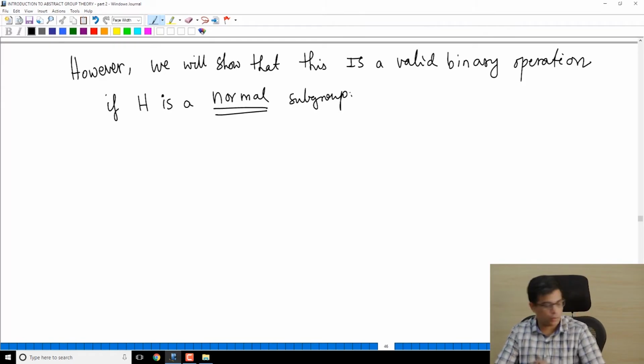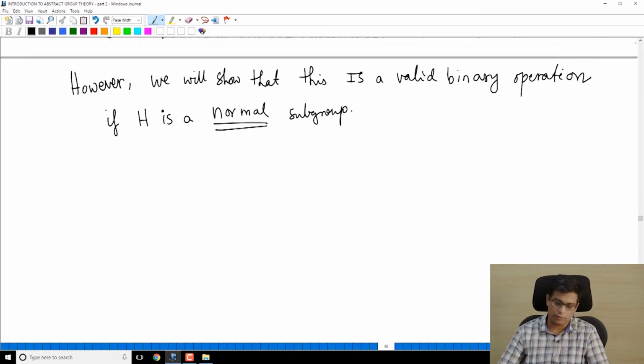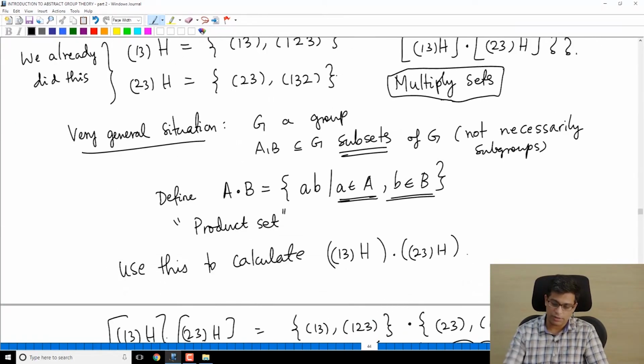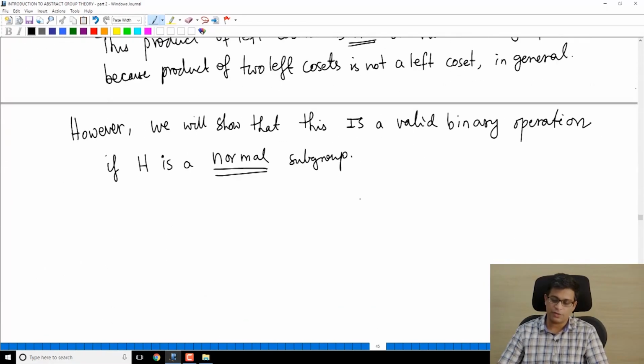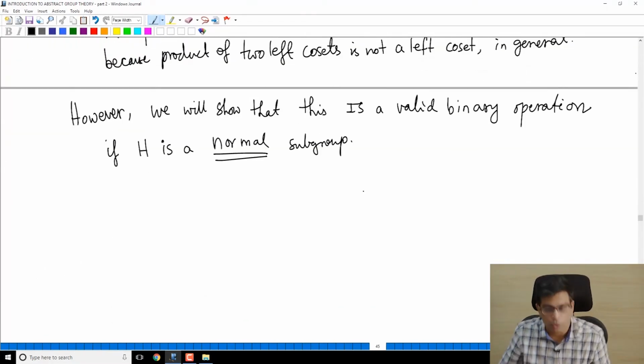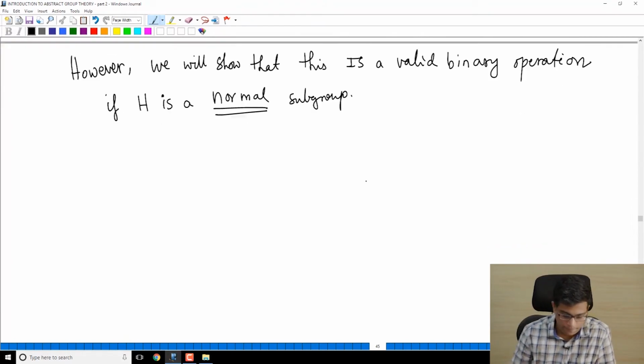So if H is a normal subgroup, it turns out that this product that we defined here, AB equals capital A times capital B is small a times small b, as you vary elements of capital A and capital B, becomes a valid binary operation provided that H is a normal subgroup. Okay, so this is what I want to show, but before that let me prove a proposition